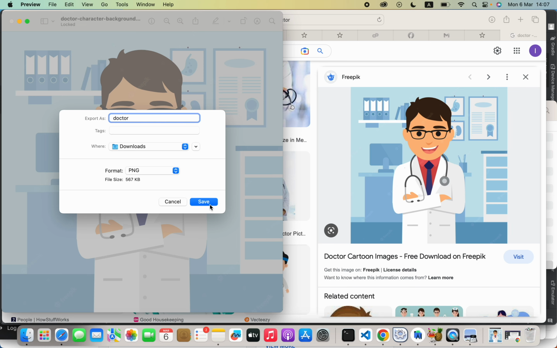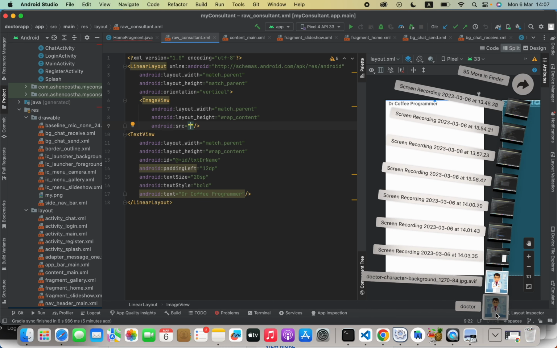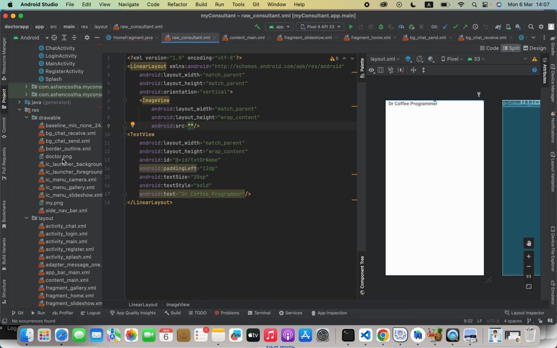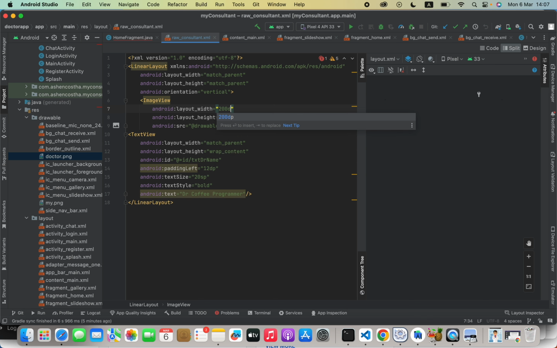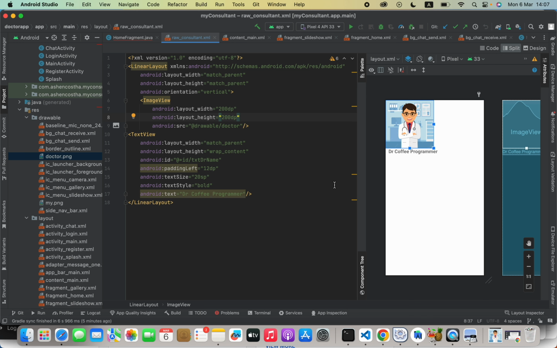Doctor. So we can add that image into the drawable folder. Remember, we cannot use any special characters, also spaces, inside the file names of the drawable folder. Okay, now src can be added at drawable slash doctor. Now we can limit the width here like 200 dp, 200 dp height. Alright,